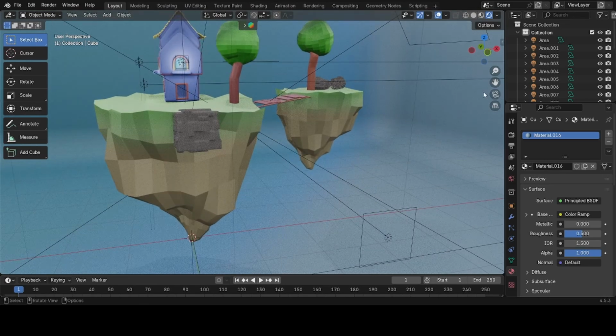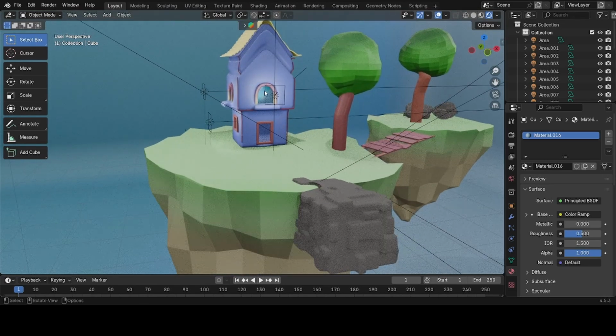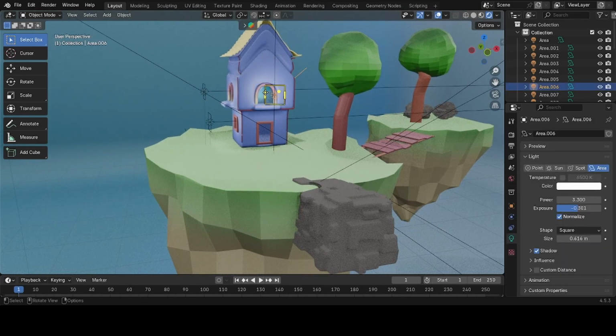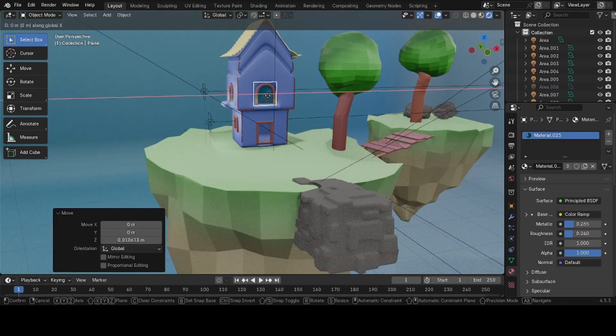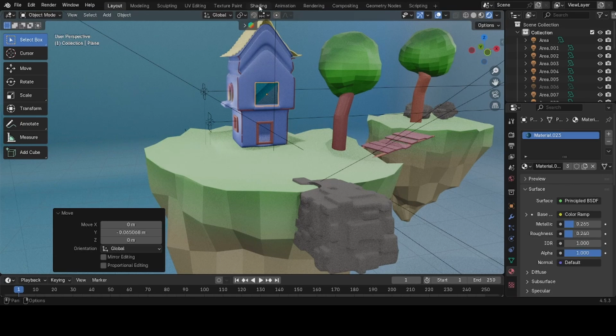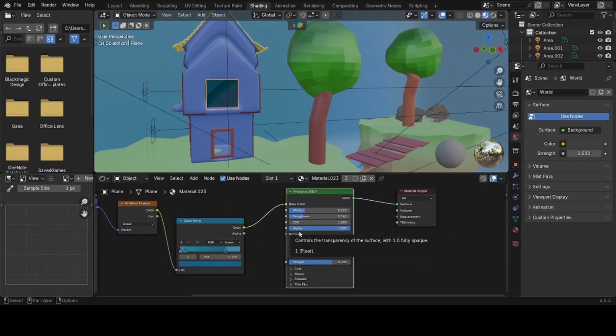Or how about instead of adding this much lights, we just hide this light for a second, grab it in y-axis a bit, and we'll go to shading and do something like